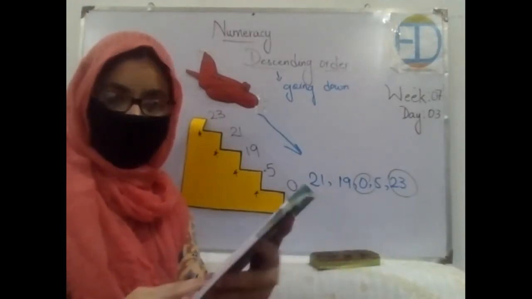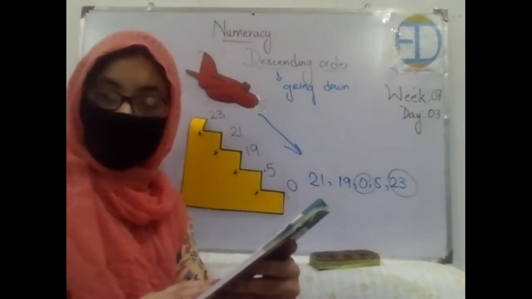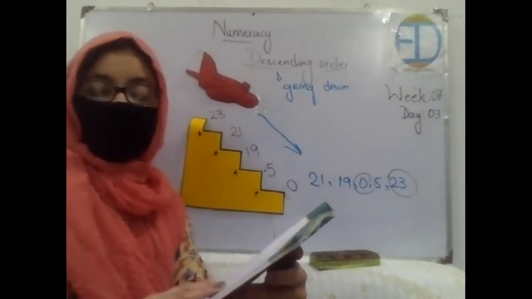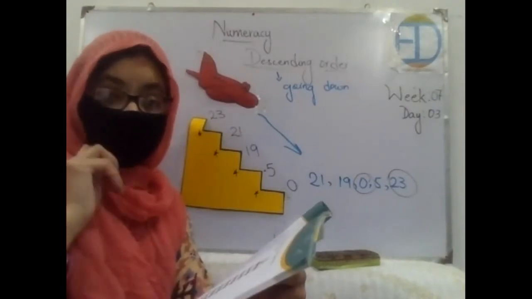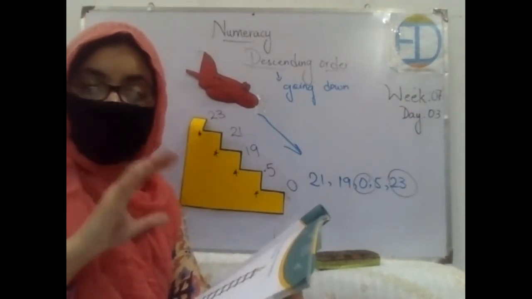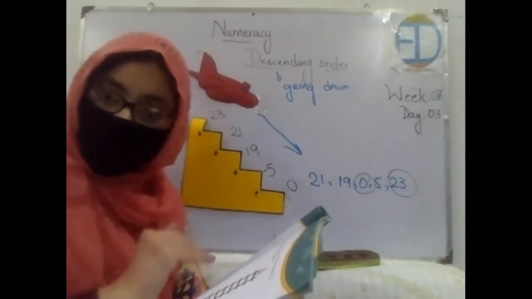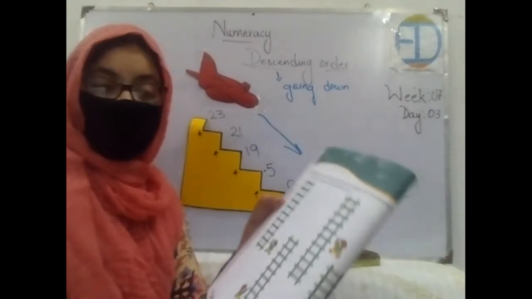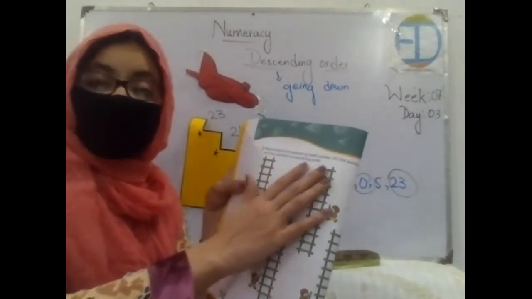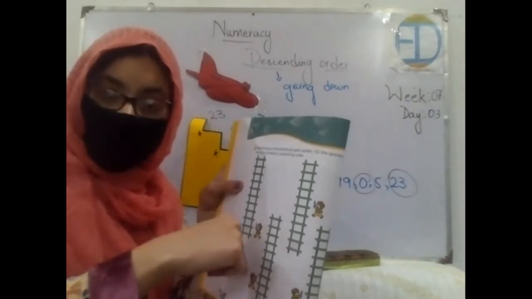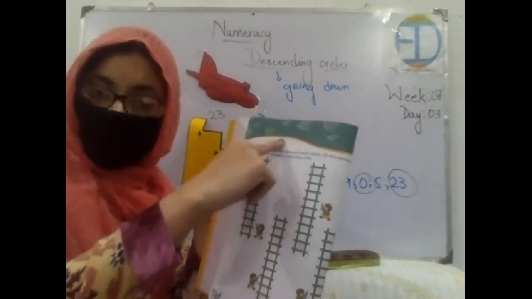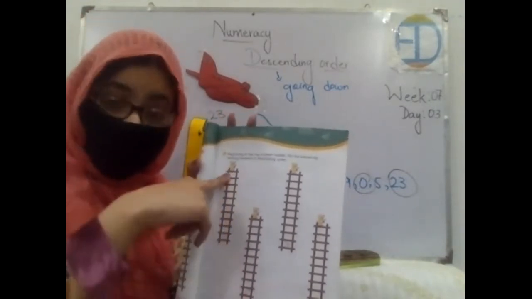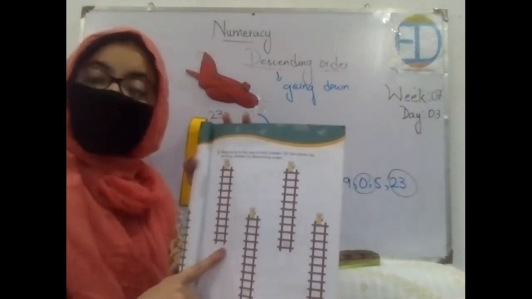Now look at the statement of the question. It says that beginning at the top of each ladder, fill the spaces by writing numbers in descending order. Now, because we are practicing descending order, they have already mentioned that you are supposed to start writing from the top of the ladder, right? And then you will move in the downward direction. Got it? But when we were practicing ascending order in yesterday's class, it says that beginning at the bottom. This means that you will be starting from the bottom of the ladder and then you will move upward. Now the statement says that you will be starting from the top of the ladder, and then you will move in the downward direction.